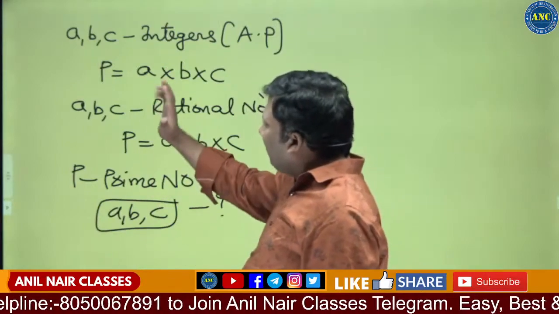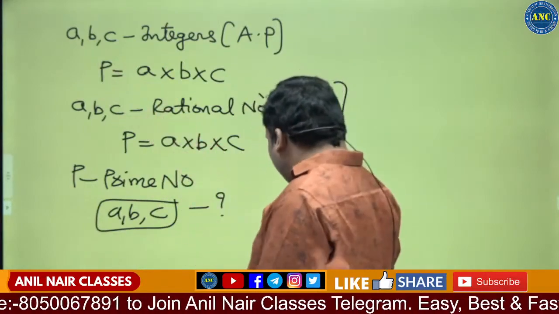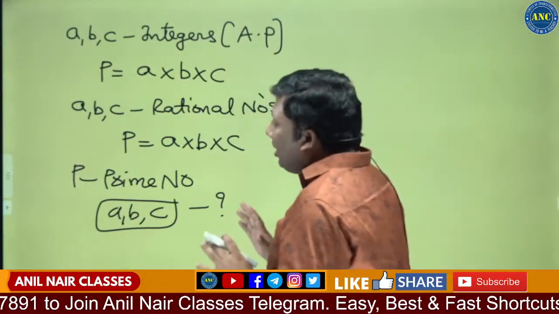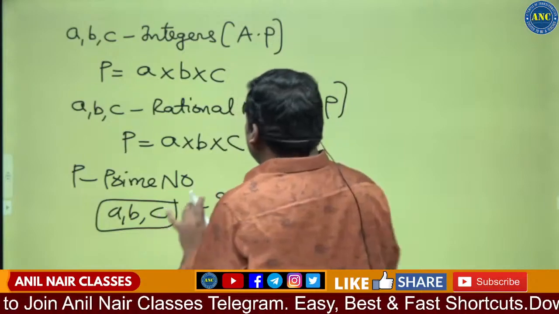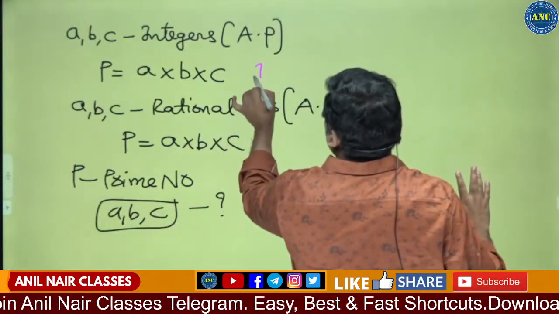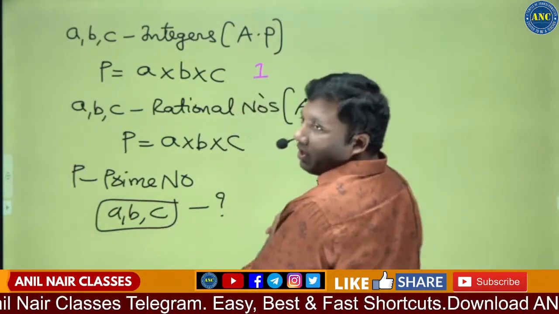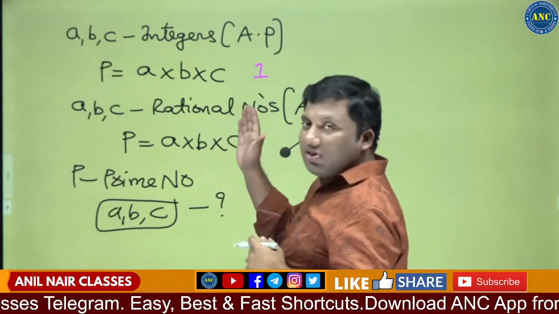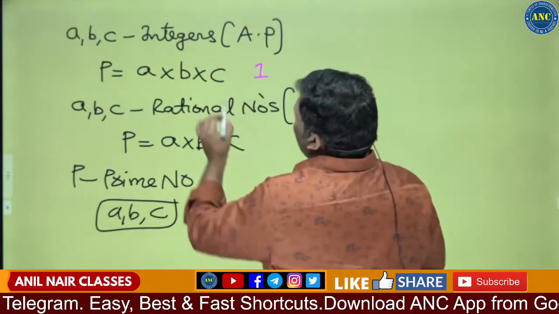Now listen carefully. P is a prime number. Same logic: a prime number's factors are 1 and itself. 1 should be there. Right? Now the series is in arithmetic progression. So the question is